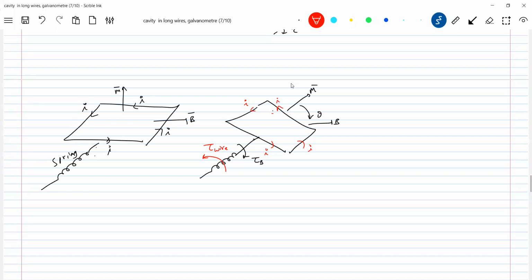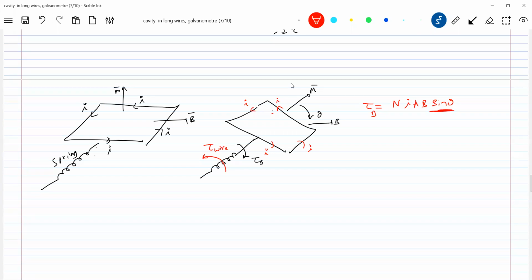They may test you with some questions like this. Of course, in mains they may ask you a small question, but anyway, you should have a basic idea. Earlier the M bar angle was 90 degrees. Now we brought it to this one. So what should be the torque due to dipole moment now? Due to the magnetic field, it is M equal to N I A, area of cross section, B sine theta. Look at now, theta is there, no? Theta is the angle between them. I should make this theta 90 degrees for all the portion. Though it will rotate, M bar should always be directed perpendicular to B bar.